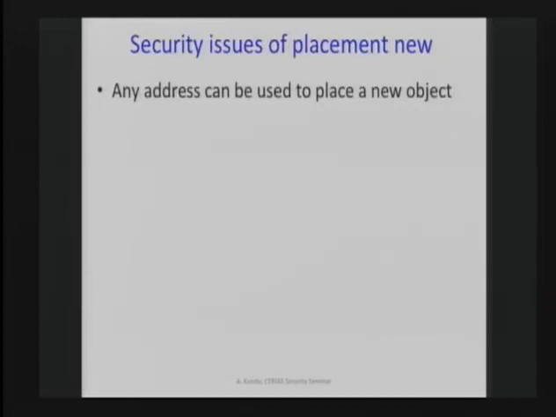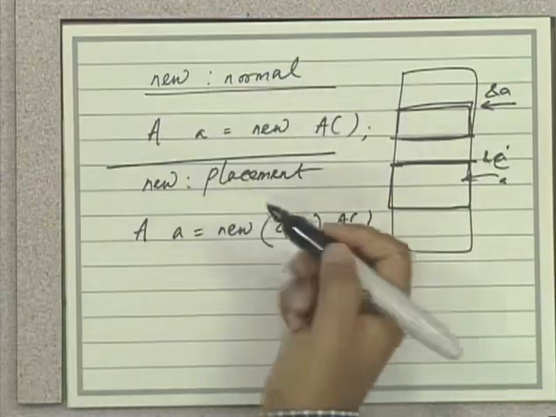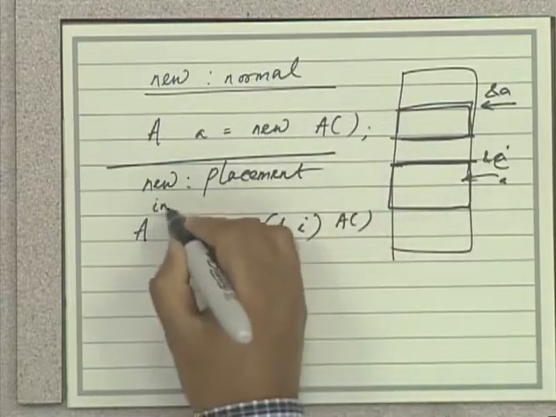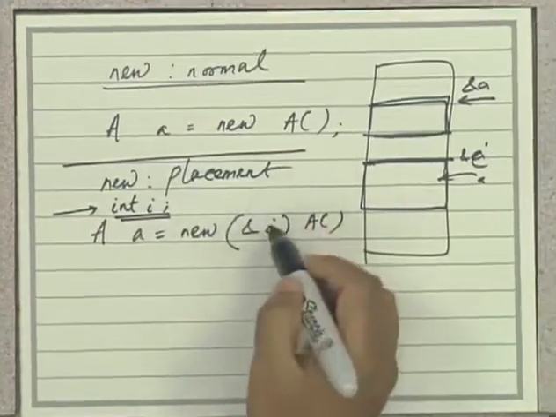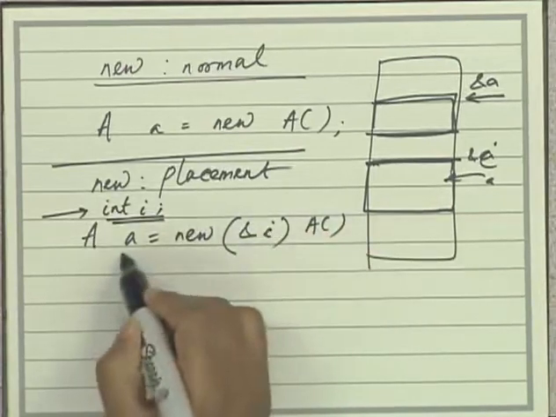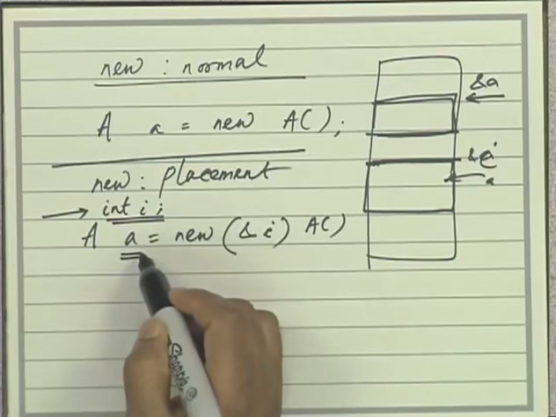So now, since we have looked at the functional requirements that have led to placement new, what are the security issues? One is an address can be used to place a new object, and there is no bounds checking at all. That is why overflow can be carried out, and there is no type checking. Why is type checking important? Because suppose in my earlier example here, I had int I in the beginning, right? And I am using the address of I, an integer, to store an object of class A, right? There's a type mismatch there,